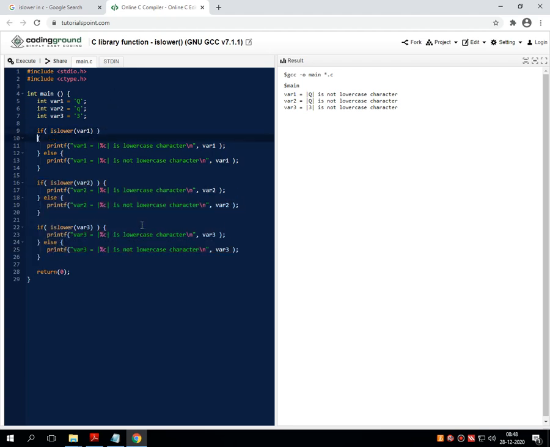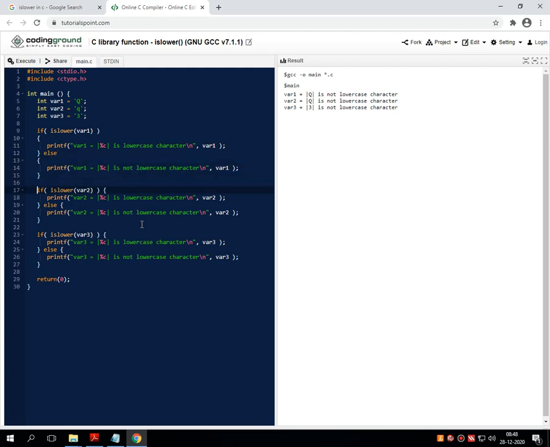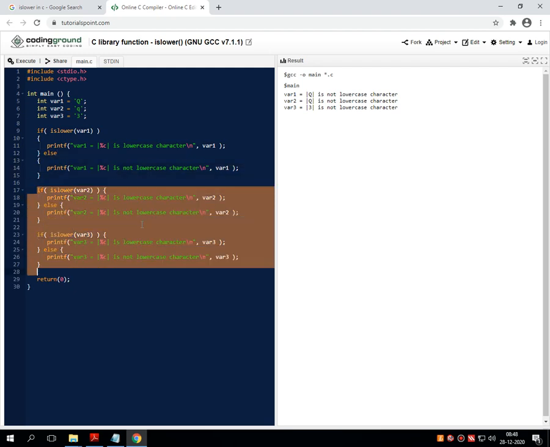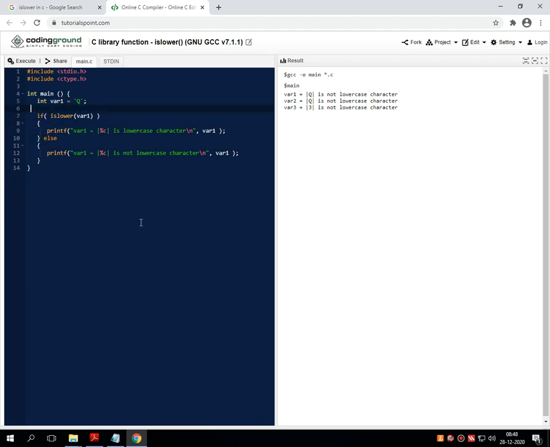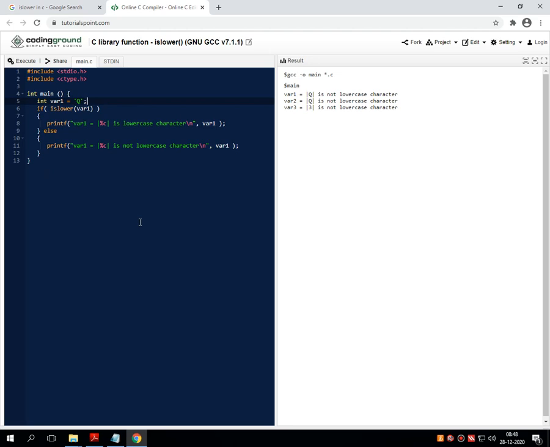This bracket, let me make this program proper. I am removing all these remaining lines, so it reduces the total length of the entire program. Even I am removing these 3 variables, taking only the capital Q, and let me execute the code.